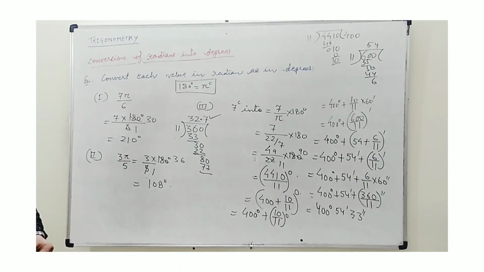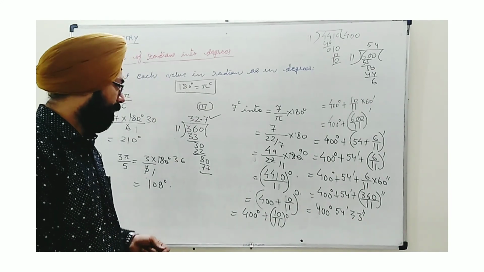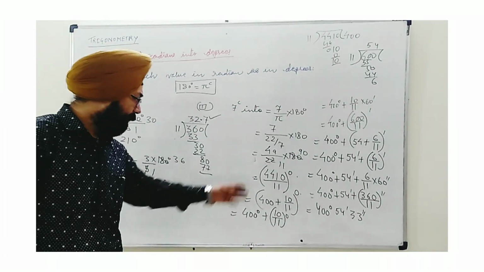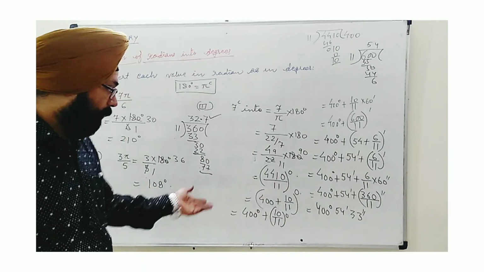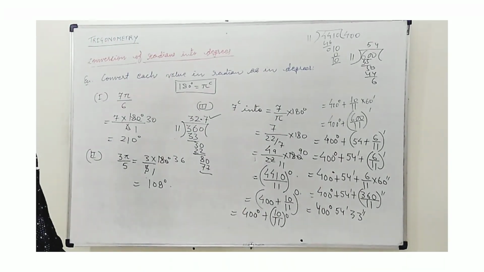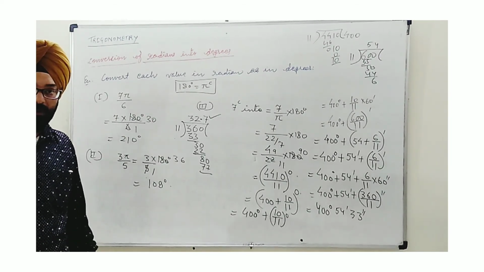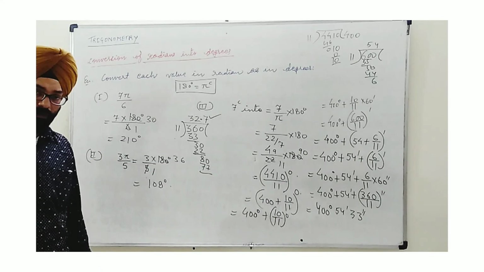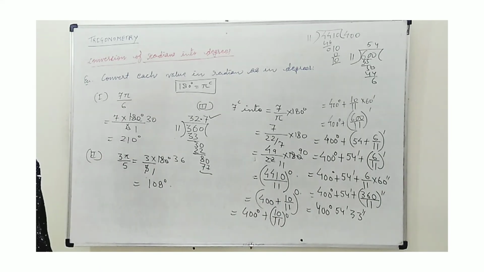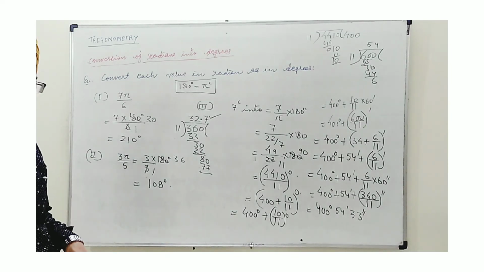This is the pattern of expressing in terms of degree, minute and second. As I said, if not mentioned, you can stop here. But if you want, you can follow this procedure. Okay, so I hope all this is clear to you, with the help of the questions we have seen. So this is the first concept of trigonometry, measurement of angles and the relations in units. I hope you have got it. Thank you.